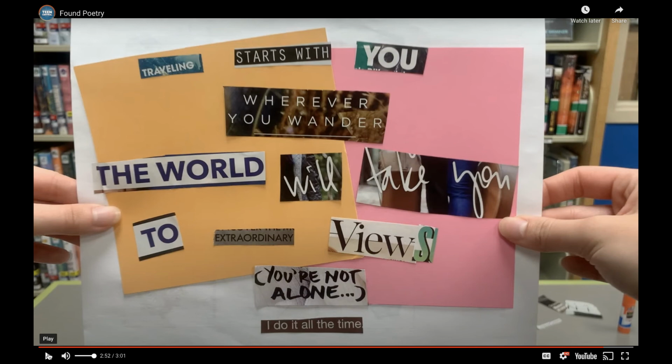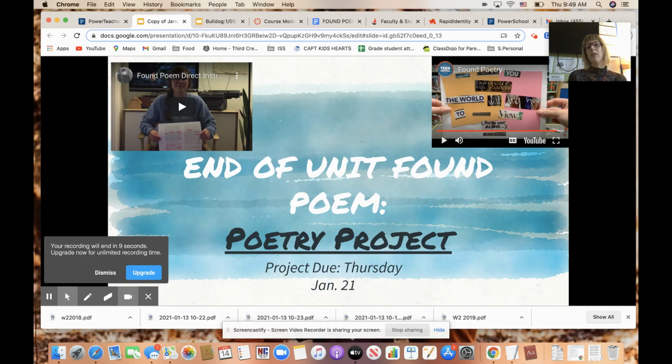So she created a poem looking at all the different words from magazines, put them together, and created her found poetry. We are going to do it a little bit different, but I wanted to show you what found poetry can also look like. We are going to take the text from